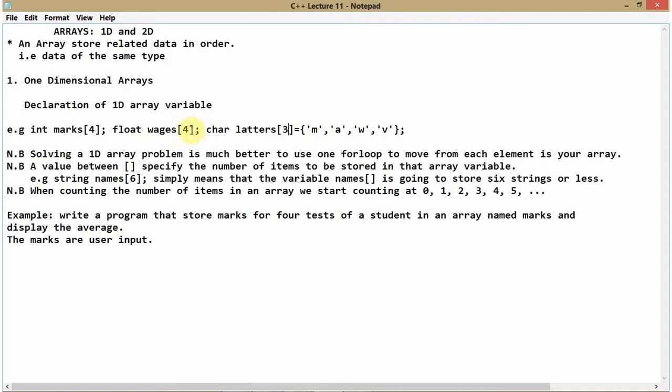So for this one where the index is 4, it then means you are going to have what? Where we are supposed to have how many items? Let's start 0, 1, 2, 3, 4. It then means it's what? 5 items. Same applies to this one, 5 items. So these items were 0, 1, 2, 3, which are 4 when you count